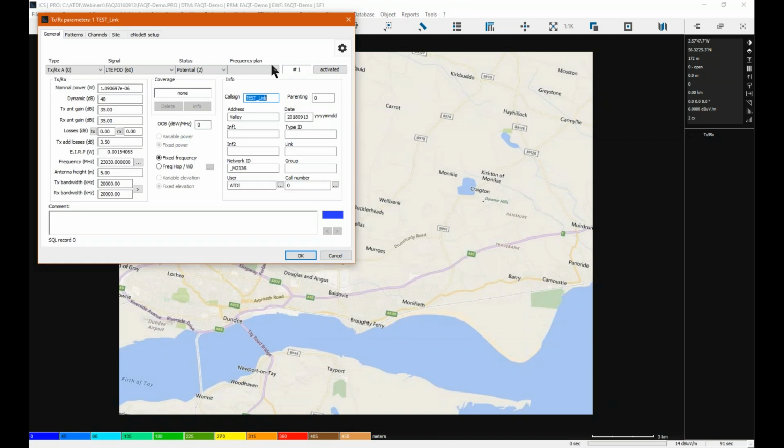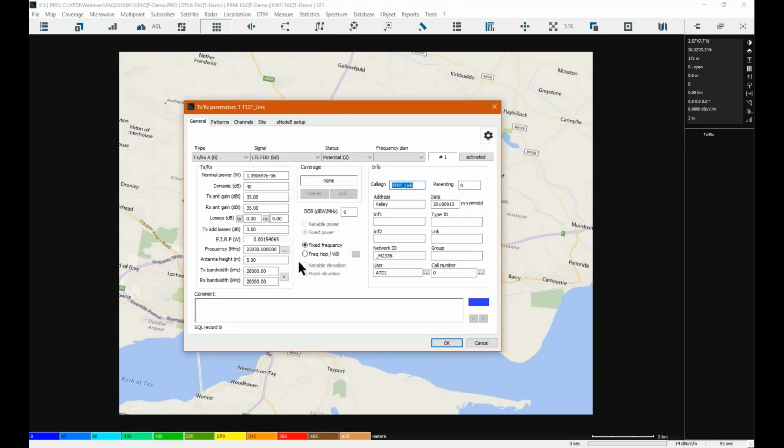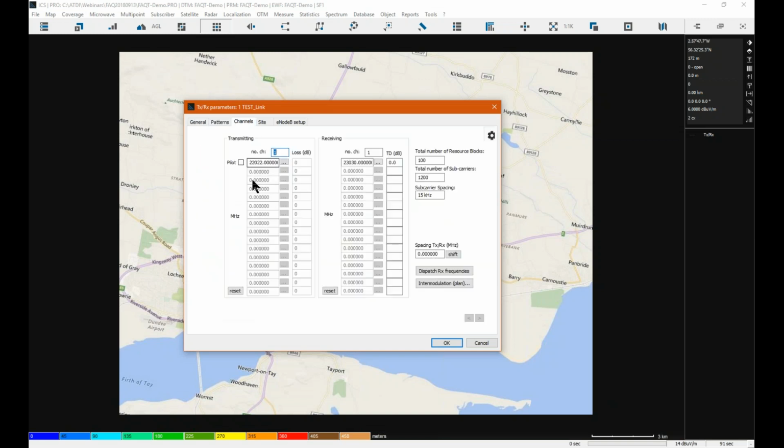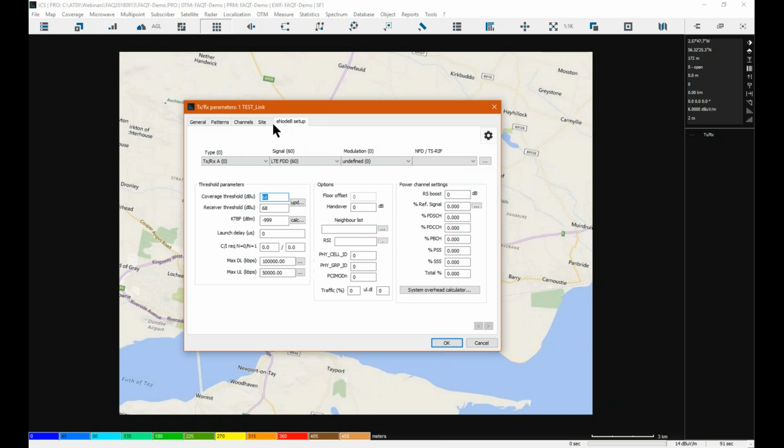Now, what that does is change some parameters automatically. It doesn't change the frequency, but it does change the transmit bandwidth, and it doesn't affect the antenna. Now, in the channel plan, we now have an option to add resource blocks and how many subcarriers, and this is your general generic LTE station. So it picks up general generic parameters which you can use, and if you've got a specific need, you can add them in there. And here you can see this end bit, the end tag, is now called eNode B setup,